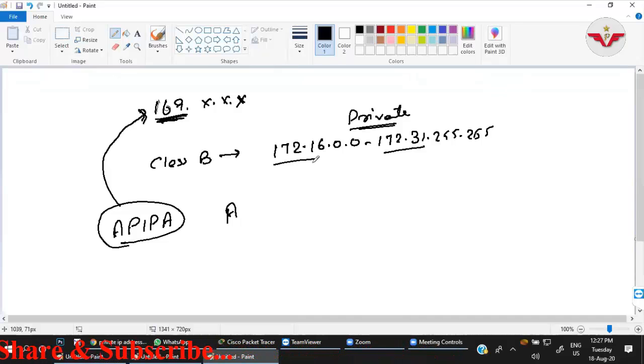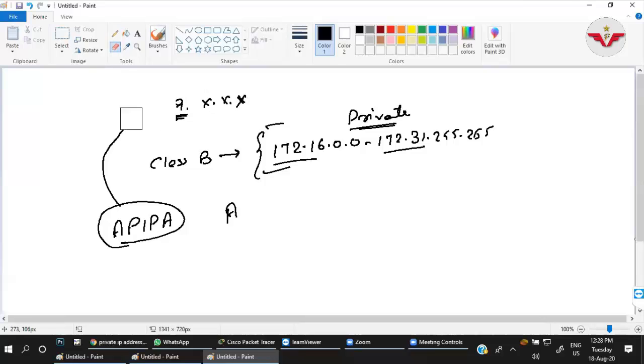No, because we know the private range defined is this one. That is a different thing. If I have purchased that IP address, it's still a public address. It doesn't mean that it will change into a private IP address. So this is the question. If you get a chance to ask this question to anyone who is claiming that they know everything about IP addressing and subnetting, please ask this question to them. If you get any valid answer, please give me that answer.